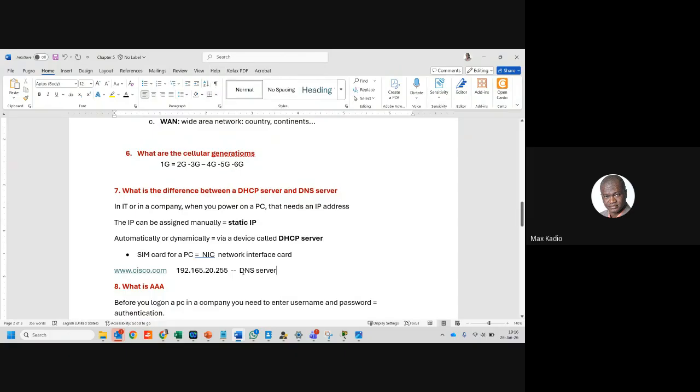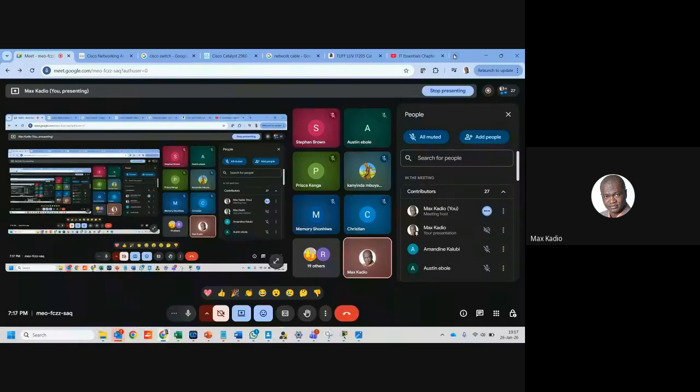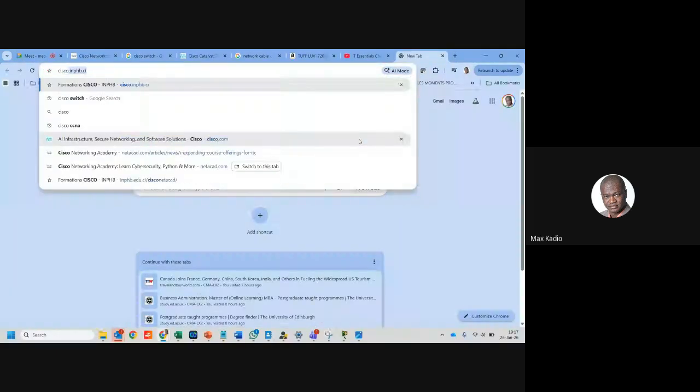So with a DNS server, when you open your browser and you type this, the DNS server will change that name to map to the correct IP address of Cisco for you to go to the internet. So if I open this and I type here, cisco.com,